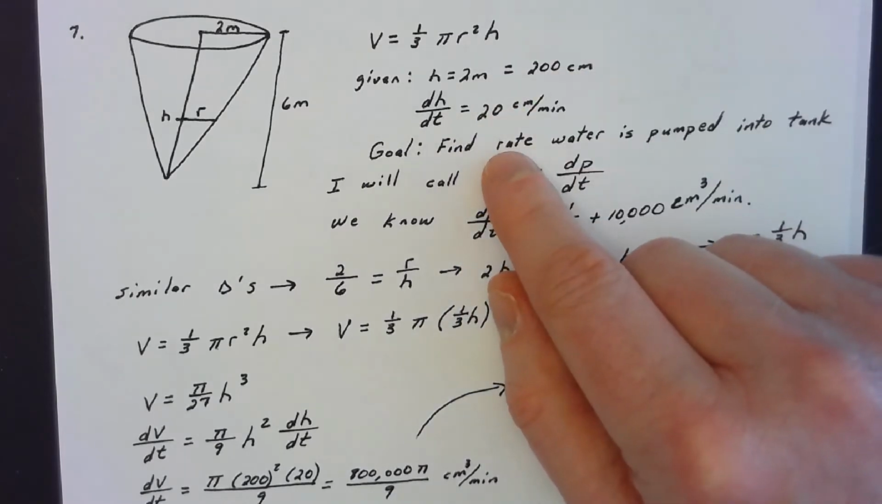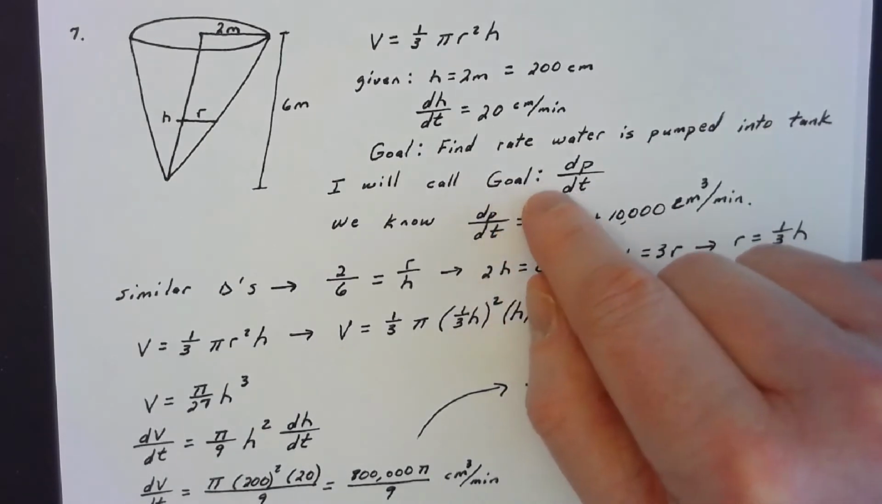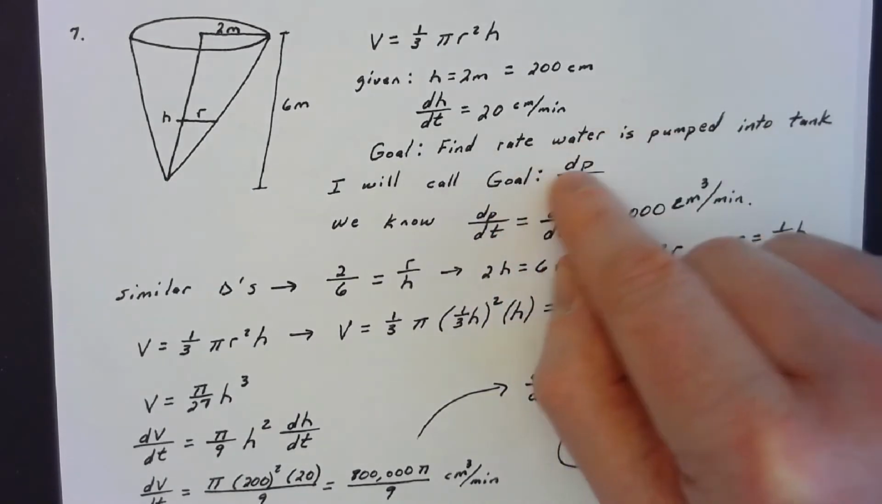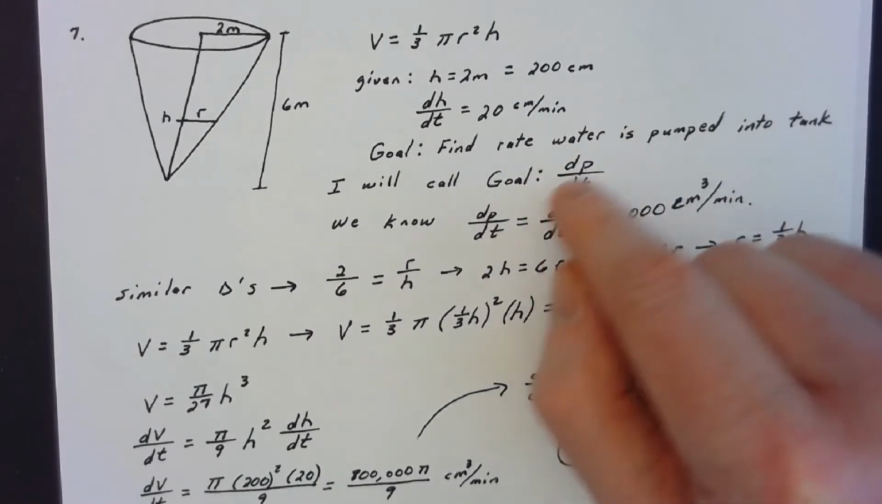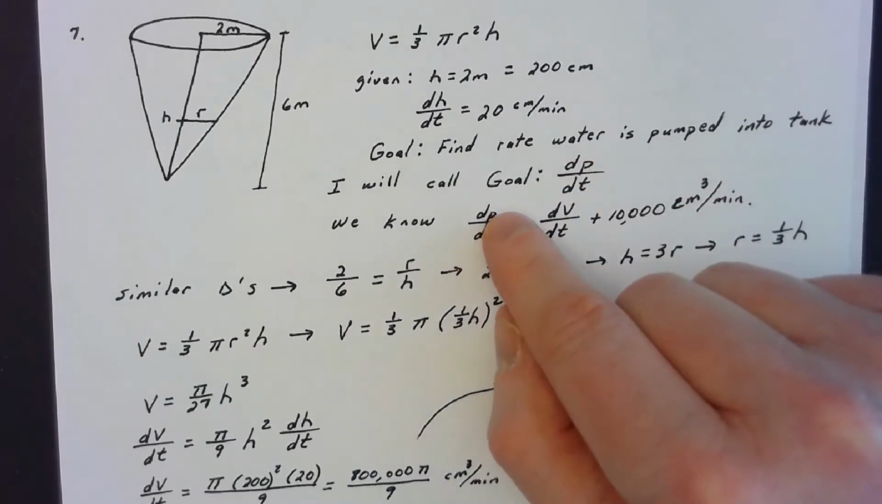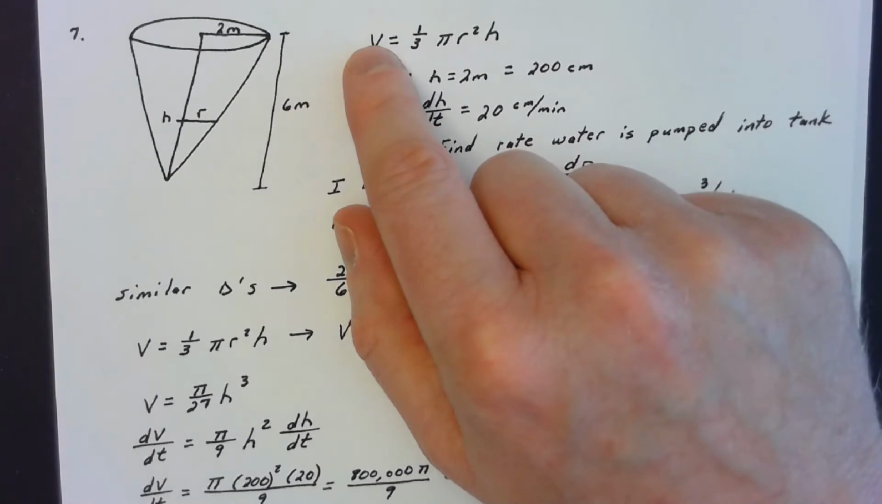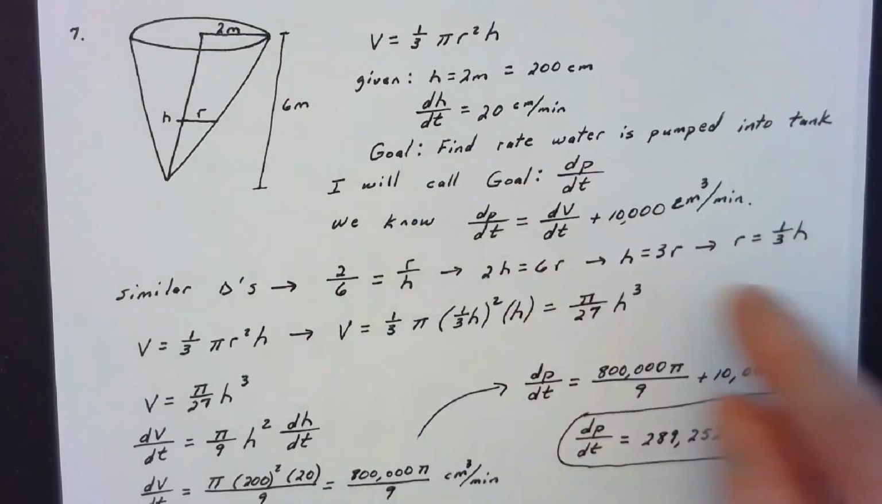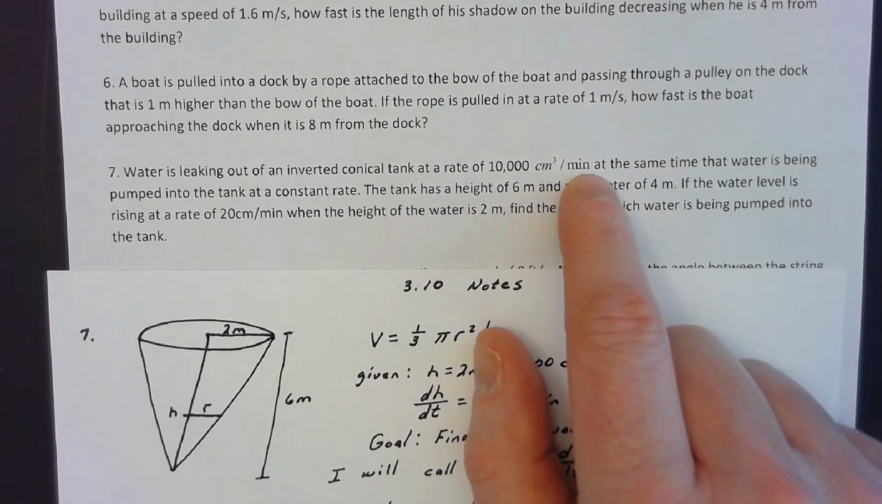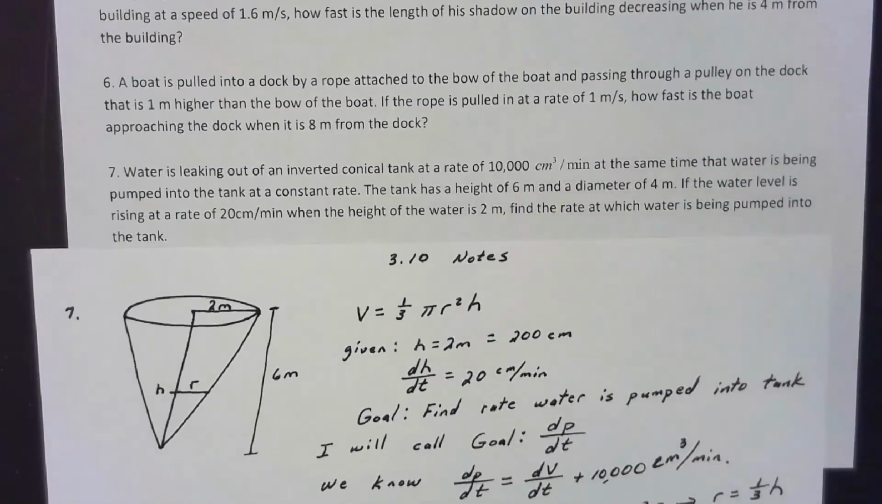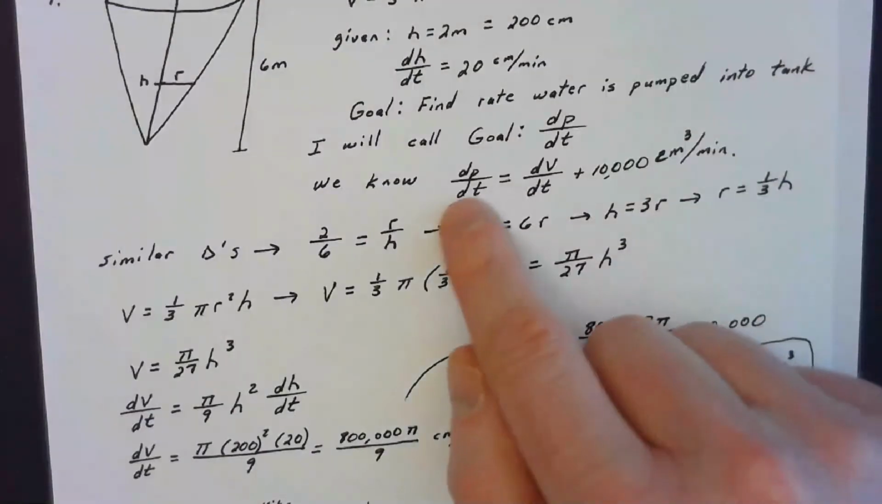Now, my goal is to find the rate at which water is being pumped into the tank. So the way I'm going to have to rationalize that is I'm going to call the water being pumped into the tank dp/dt, how fast water is being pumped into the tank at time t. That's my goal. But now I can try to solve for dV/dt, but remember you have water leaking out by 10,000 cubic centimeters per minute. So I know that in order to account for that, dp/dt is going to have to be